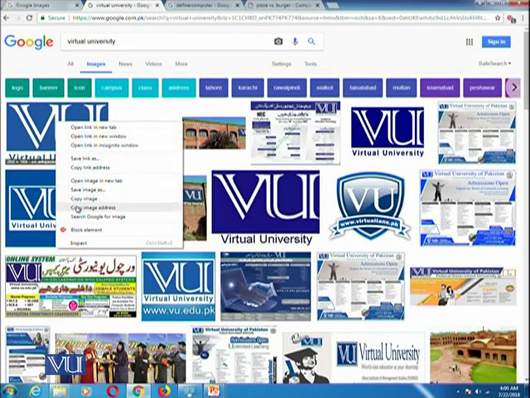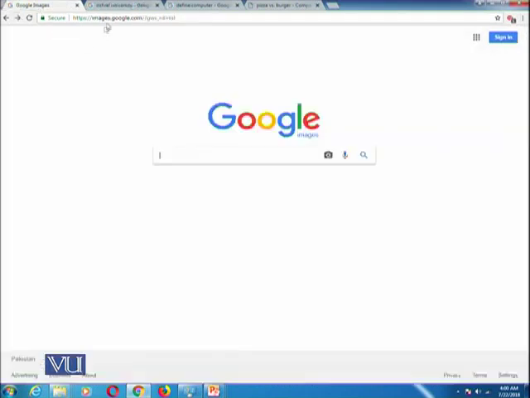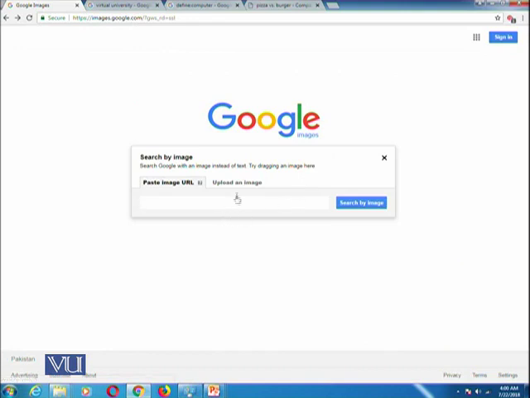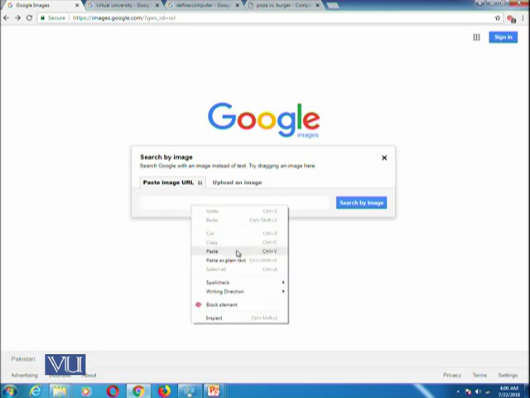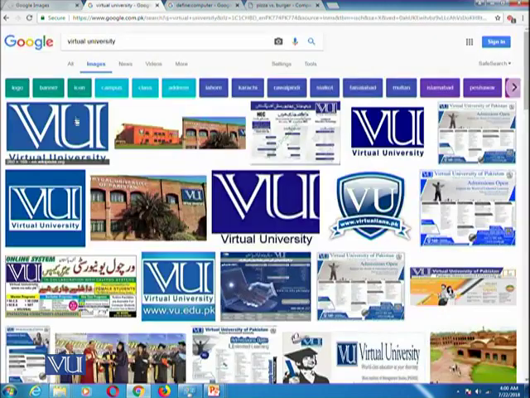I will copy the image address from here, and there is a dedicated site on Google known as images.google.com, and here you can use this option. You can upload an image, take a picture, or paste the web address of that image. So if I paste this image web address,